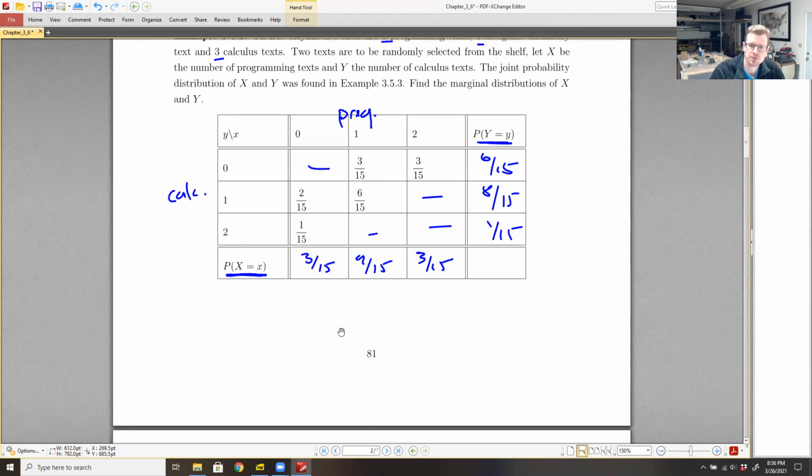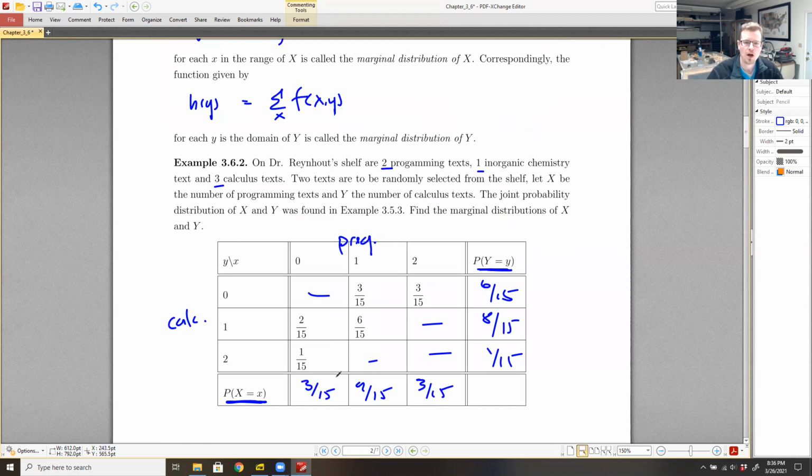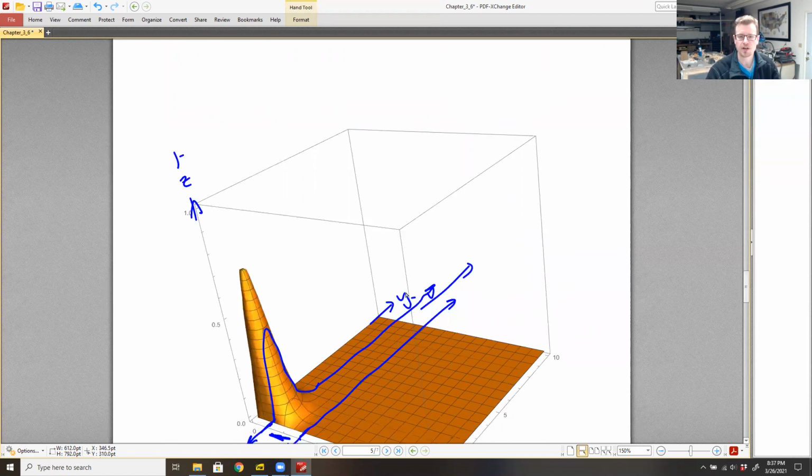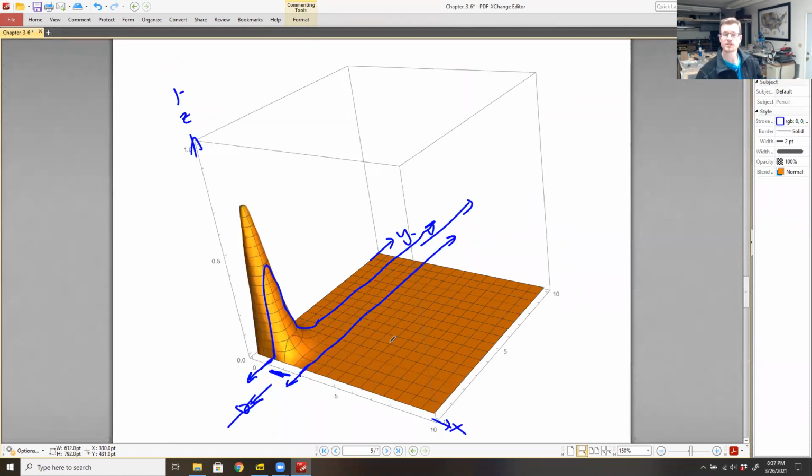And that's exactly what we were doing here as well. These are the x values, these are the y values. I'm looking over all possible y values, and that gives me the probability for one particular x value. That's essentially exactly what we want to do here. I don't want to consider a specific set of y values. I want to consider all of them. So I integrate over all possible y values to get rid of the y's. That gets rid of the y, and then I can just integrate over the appropriate portion